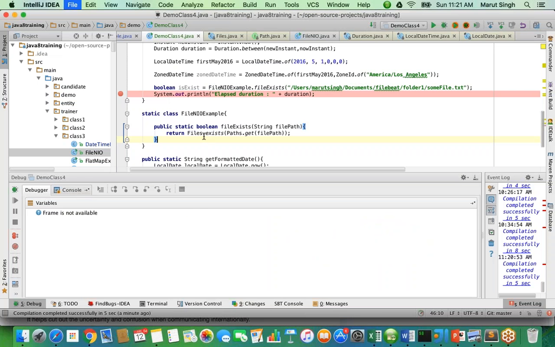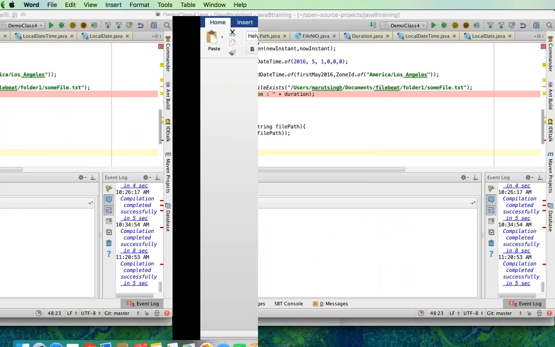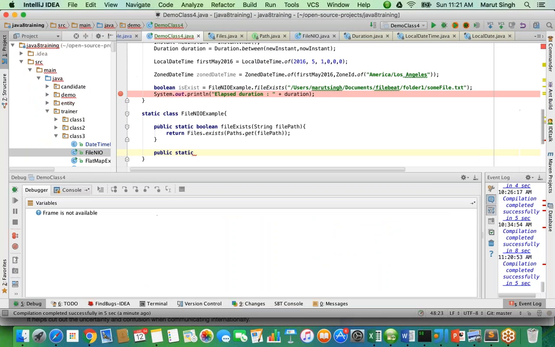So similarly, let's take another one, delete file. If I want to delete a file using the new Java file and IO APIs,